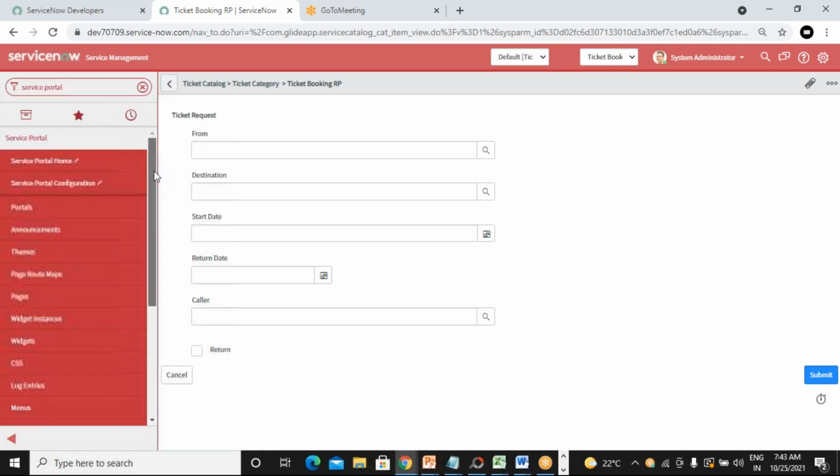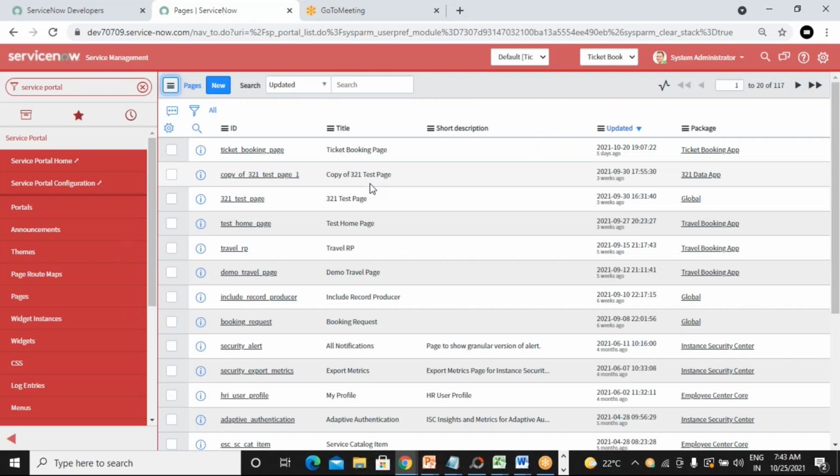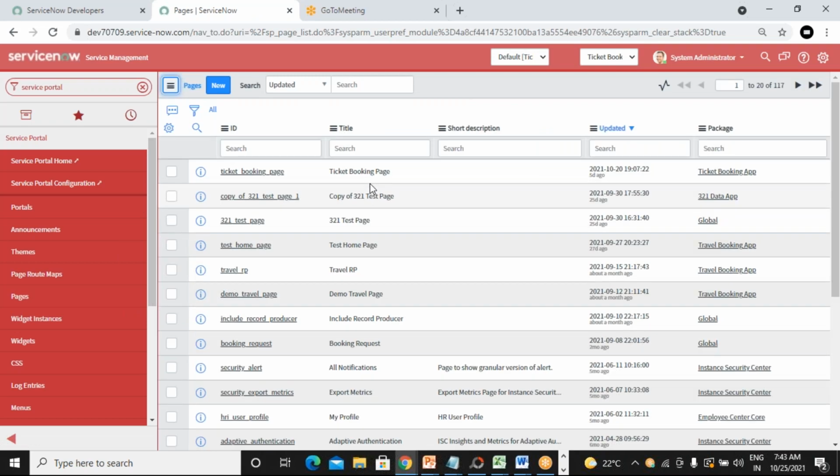Here, the portal we have already created, that is the ticket booking portal. If you want to call a record producer, we have to prepare the page. The page also we have created, or we learned how to create a page. So I'll try to edit this page to call the record producer.